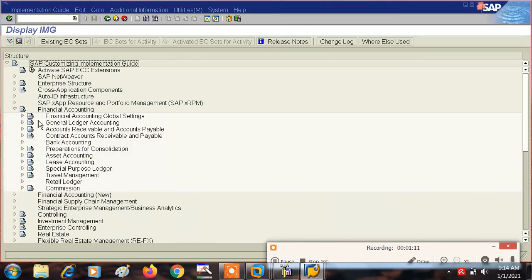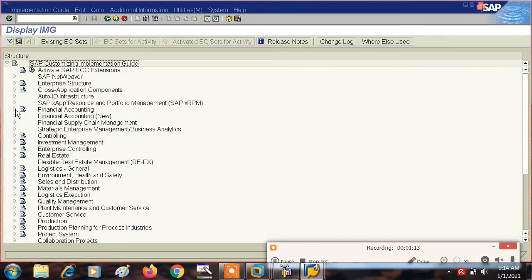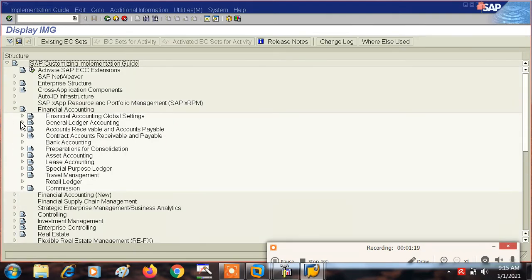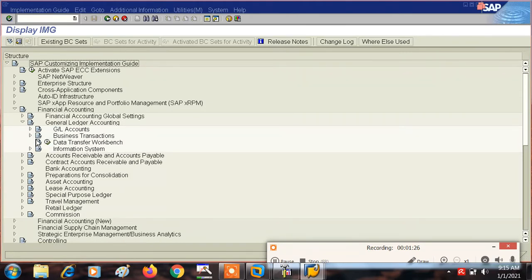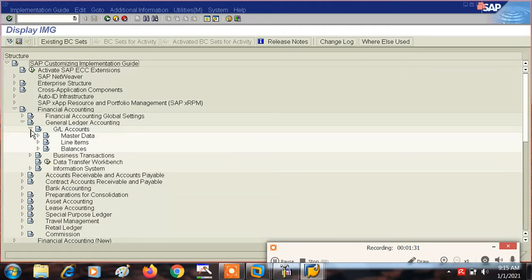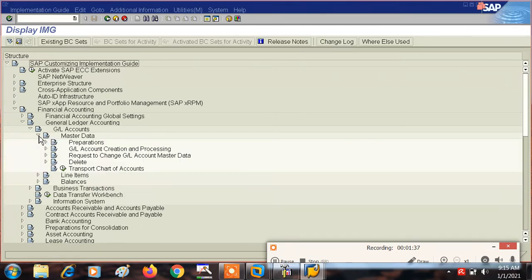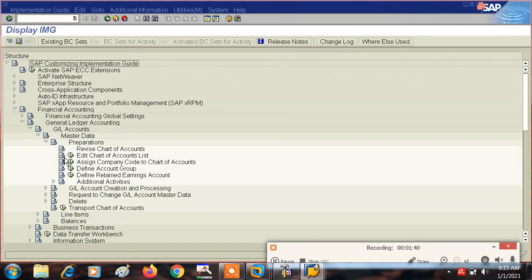Mind you, this is not financial accounting new. We don't have to go to this financial accounting new, right? We have to go to financial accounting only, and then we will go to general ledger accounting. Then GL accounts, master data, preparations, and then here edit chart of account. And the T code is OB13.